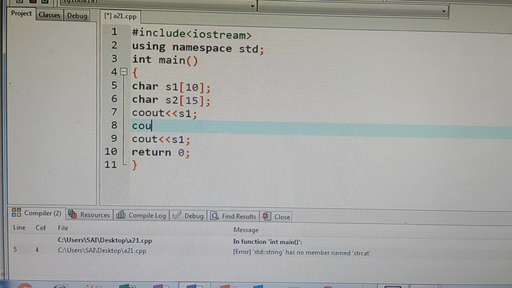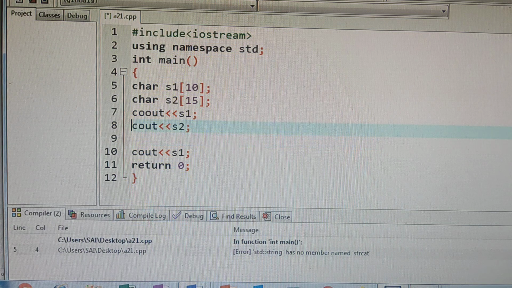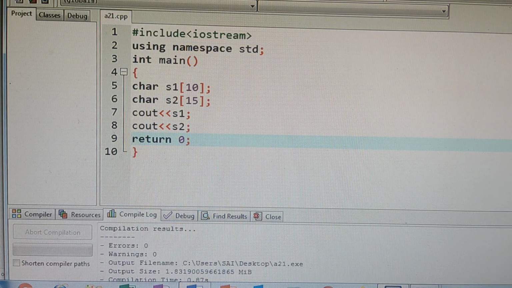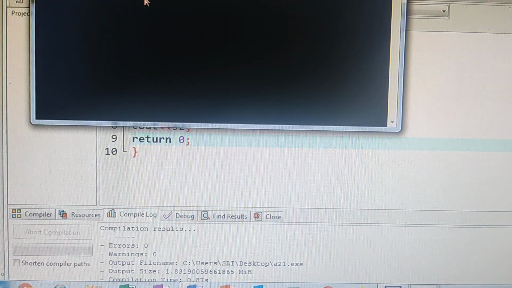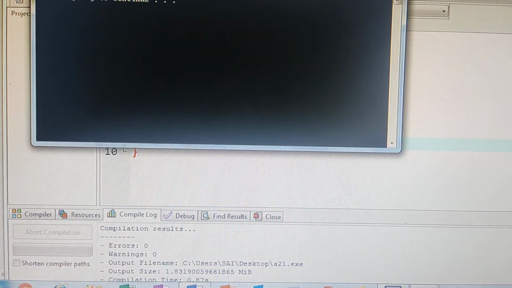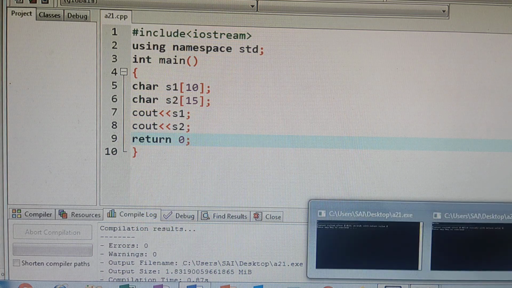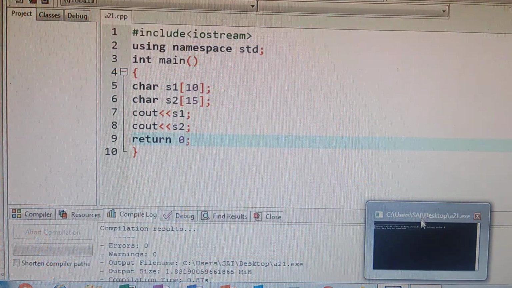Next cout s2. We'll see whether it is executing or not. Next after this I will add some, here getting some error, no? So first we will add this and I'll tell you. Execute, compile, no errors, execute, run. These are the previous windows. First we will close this.